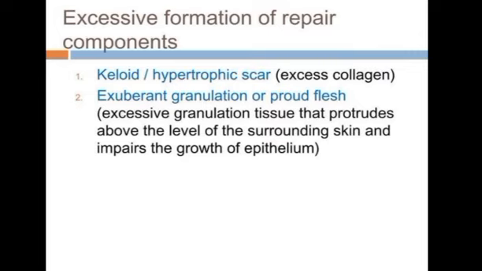There are two examples. One is hypertrophic scar. In that, excess collagen forms but remains within the original wound boundaries. It occurs only within the original wound boundaries, but there is excess collagen formation. Features: raised, red and thick, and it may regress over time. So, excess collagen, raised scar: hypertrophic scar.